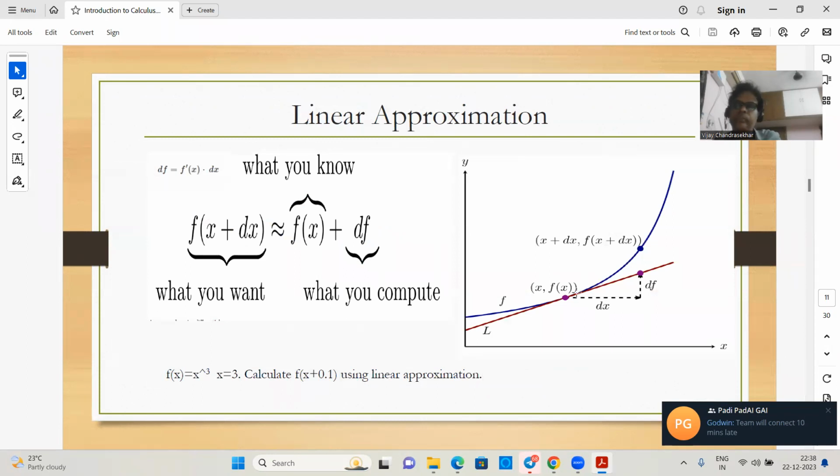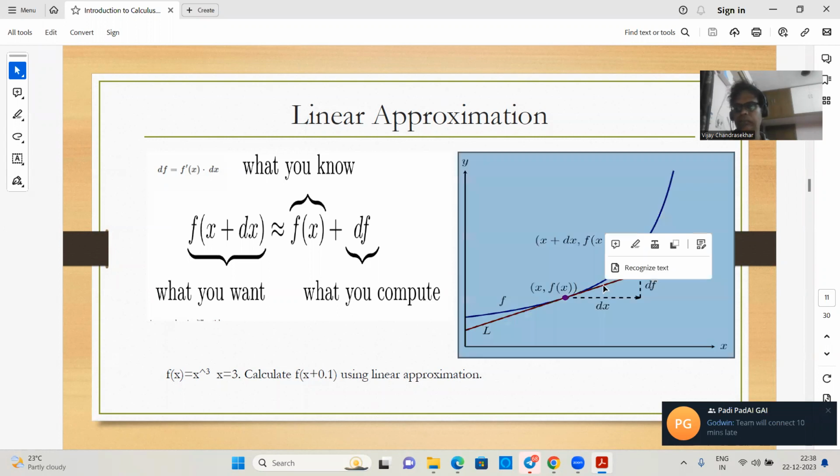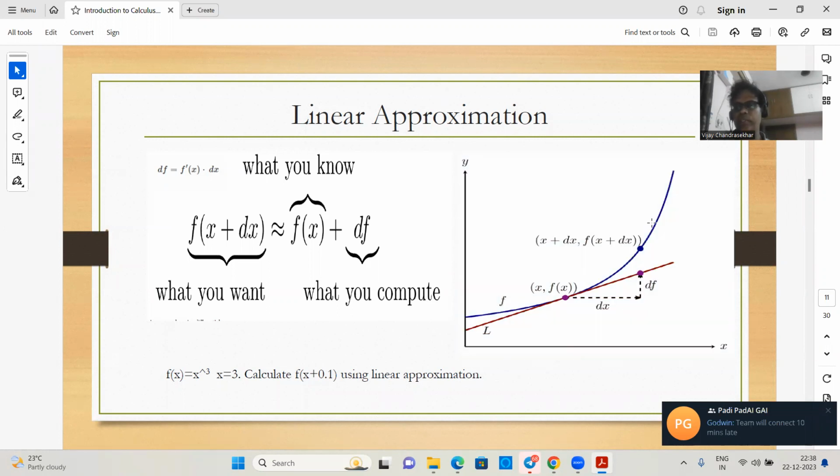I have seen how df is an approximation to this height, and most explanations have stopped there. Nobody quite talks about how do we actually move from this point to say this point,